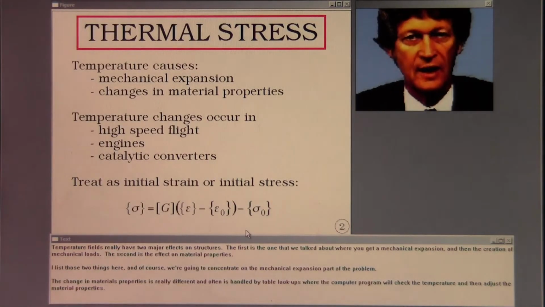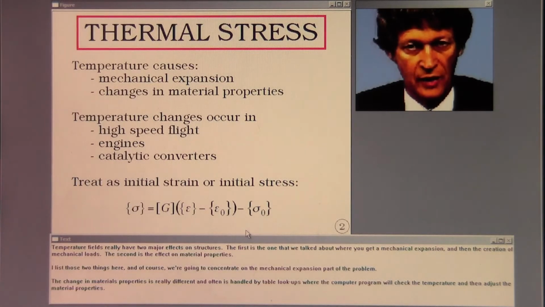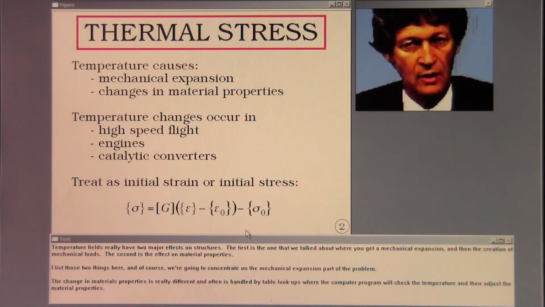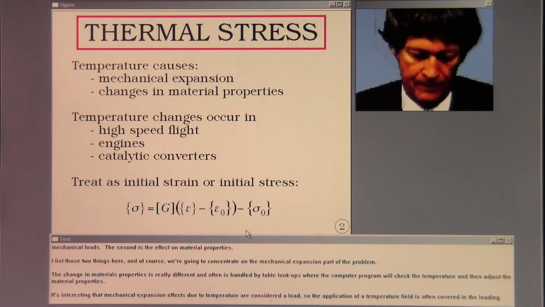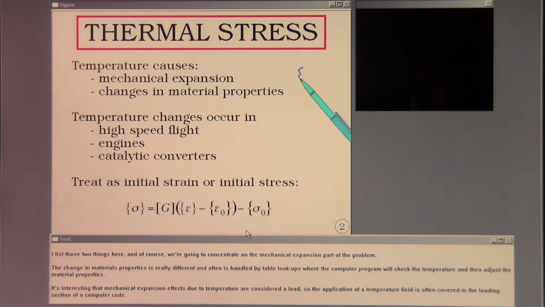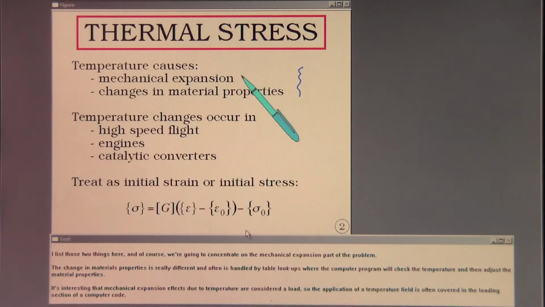Temperature fields really have 2 major effects on structures. The first is the one that we talked about, where you get a mechanical expansion and then the creation of mechanical loads. The second is the effect on material properties. I list those 2 things here, and of course we're going to concentrate on the mechanical expansion part of the